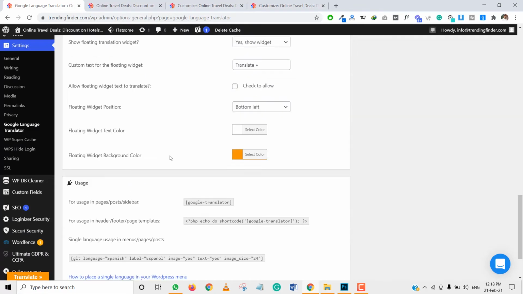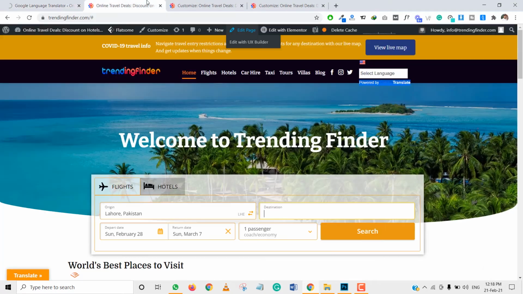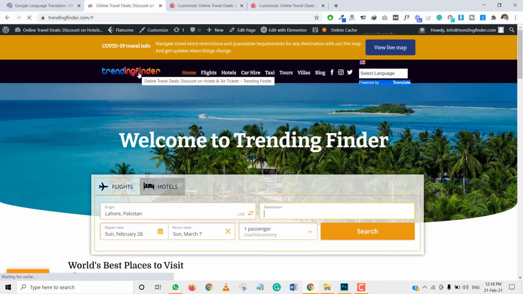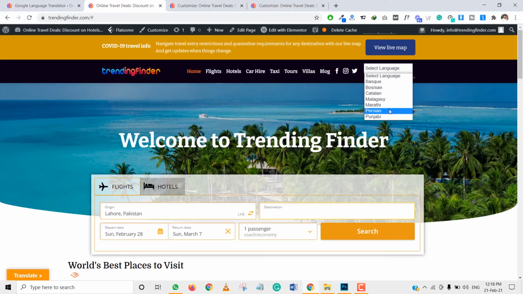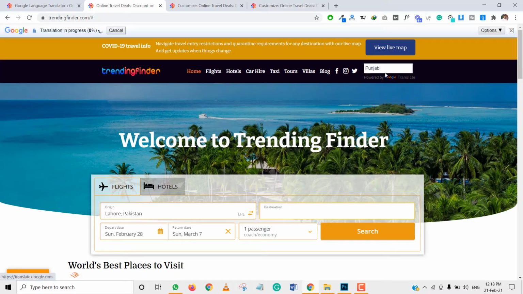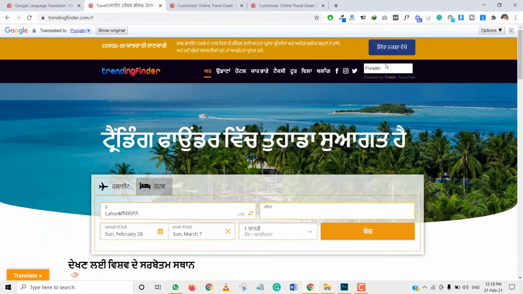If I don't want to show flags, there are no flags here, and it's only showing these languages. Like I can choose Punjabi, so my website is translated into Punjabi.